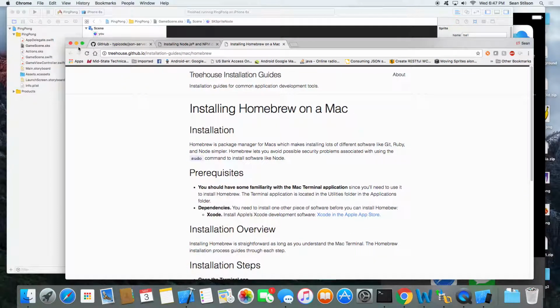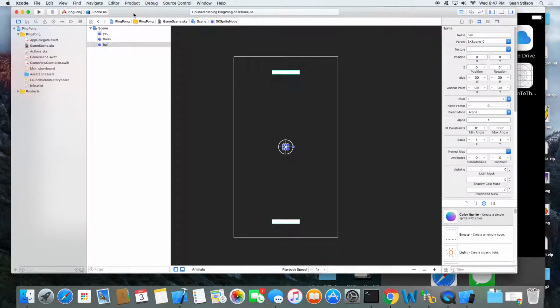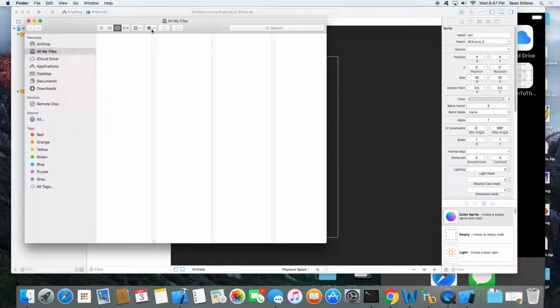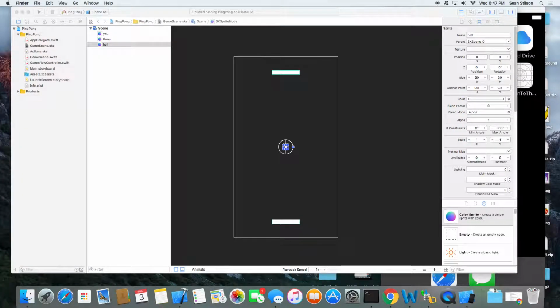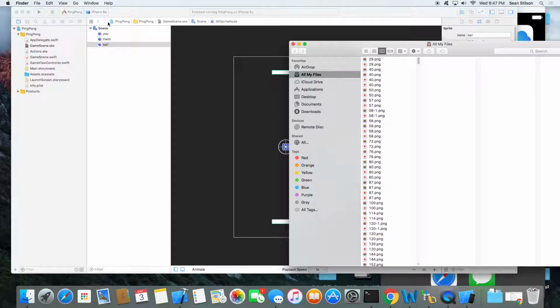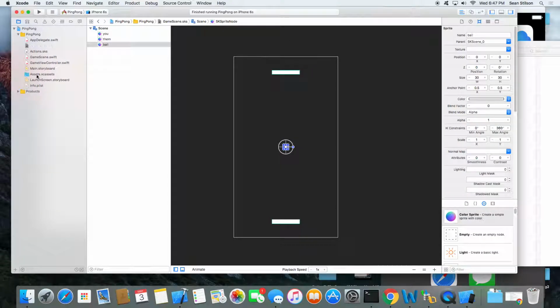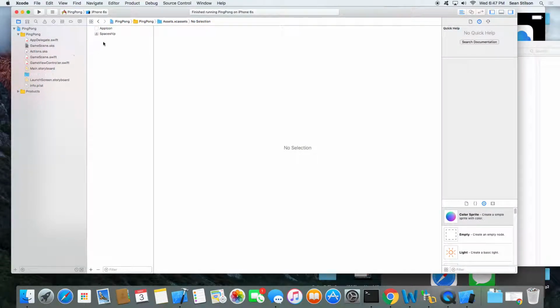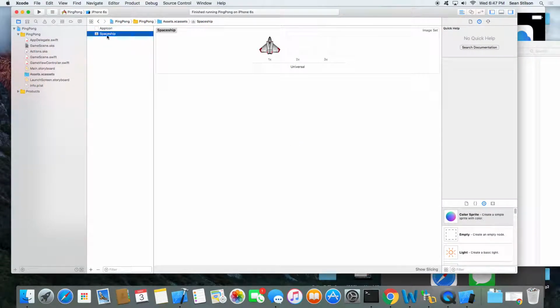So then when we open our ping pong project, what you'll need to do is, in your ping pong project, there is an Assets.xcassets folder. Click on that, and you see the spaceship is in there. There's an app icon in there, which doesn't have anything set right now.